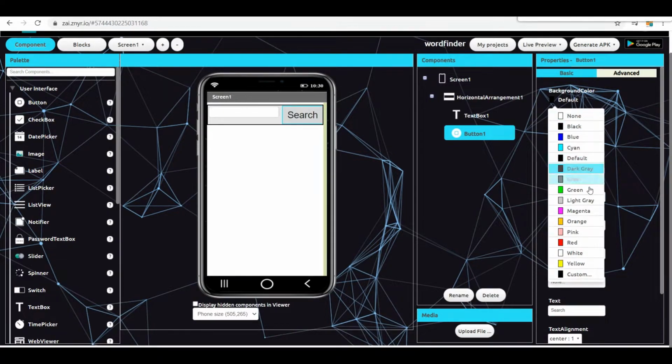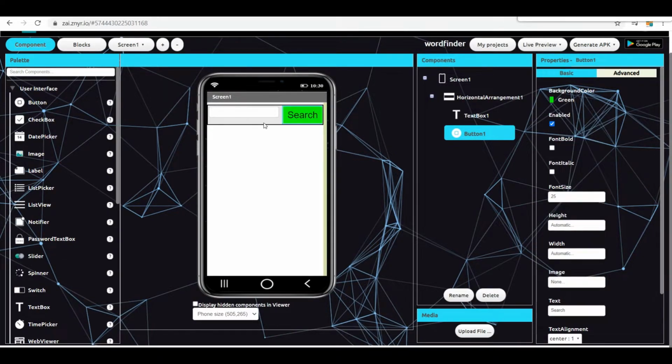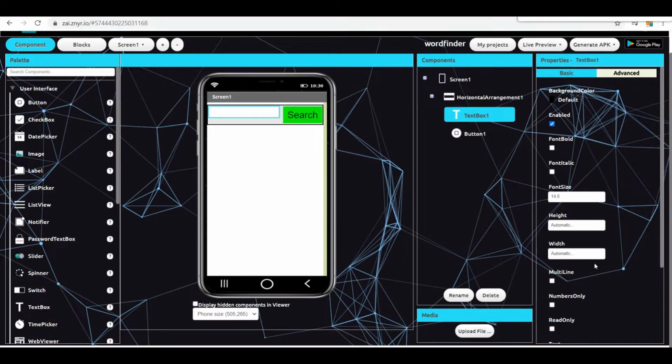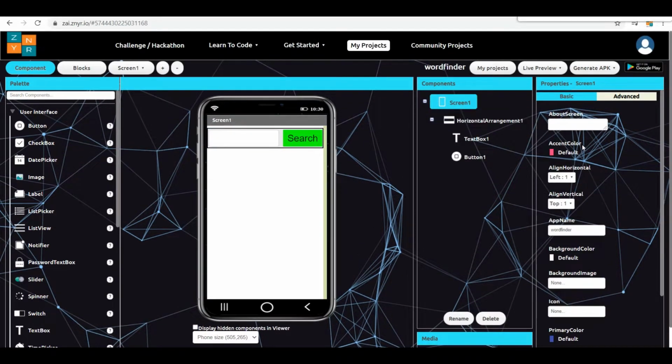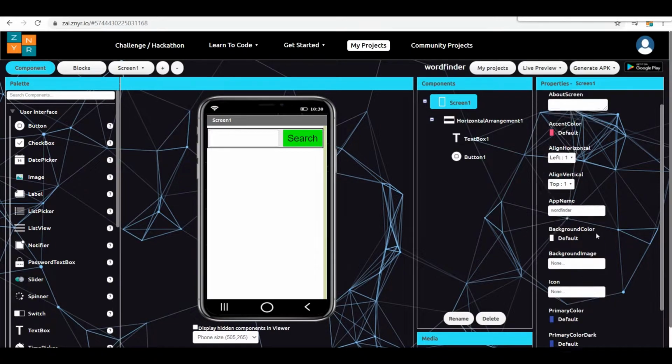If you want to change the background color, you can, and you can even change the height. If you want the alignment to be center, you can make that alignment, and I'm now changing this horizontal arrangement's background color.